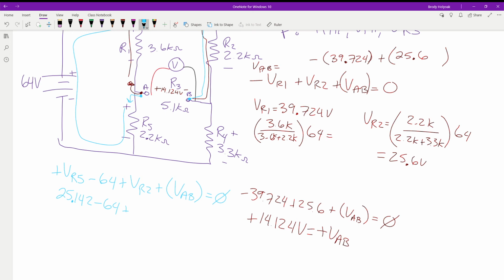I want to make sure we get on the same page. Okay, so we'll put in 24.276. VR2, which was 25.6, plus some value of VAB equals 0. So we've got 24.276, we minus 64, we add 25.6, and we end up with